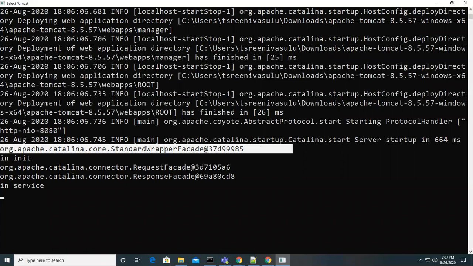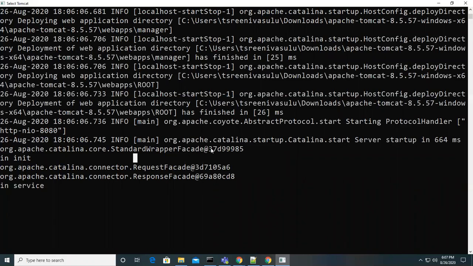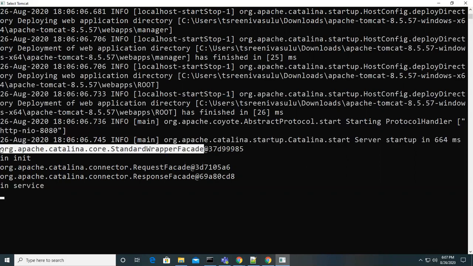So when it called the init method, in the init method I displayed the config object, the servlet config object. So config holds some class object. What is that class, guys? org.apache.catalina.core.StandardWrapperFacade.